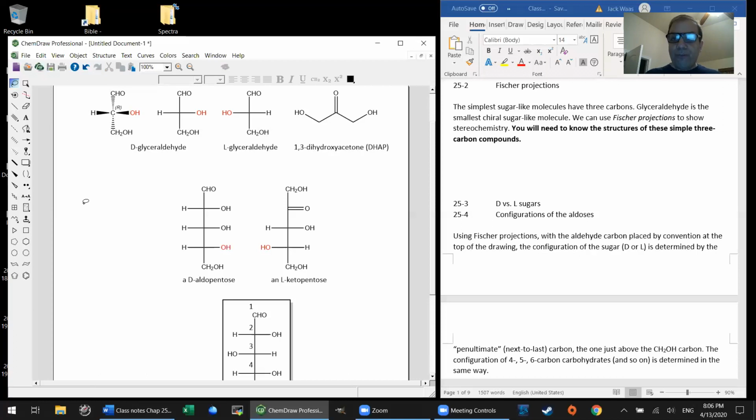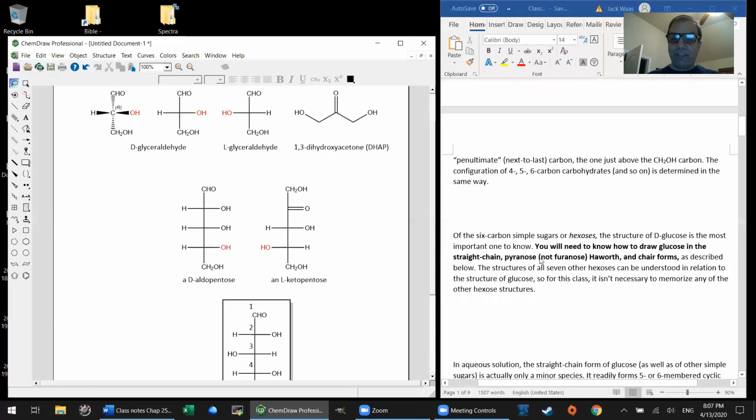There are other derivatives of sugars. You've got amino sugars, which involve replacing any of the OH groups with an amino group, NH2. We've also already seen deoxysugars, like deoxyribose. We talked about that in the nucleic acids chapter, and those are sugars in which we replace any of the OH groups with a hydrogen. That's a deoxysugar. So all of these are other ways of classifying these things.